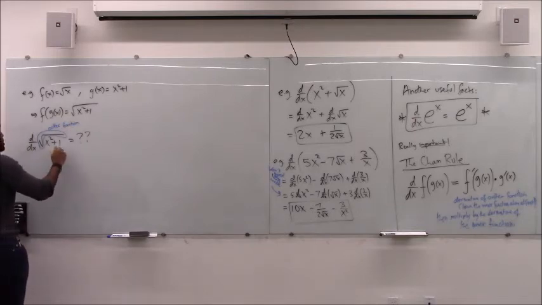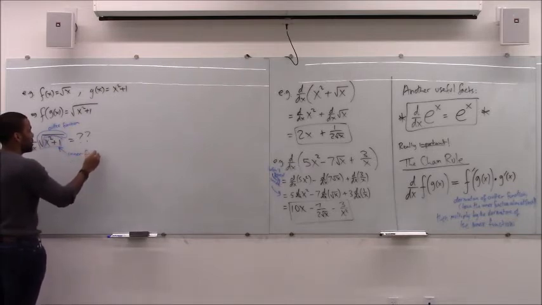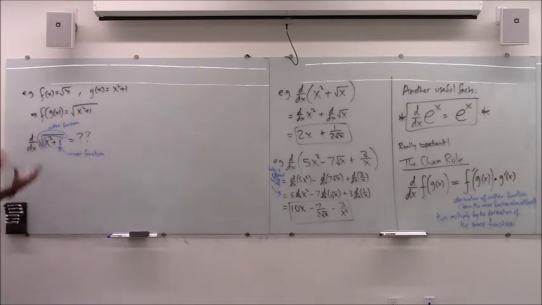And inside that square root, you have the x squared, which is the inner function. So the square root is outside encasing the x squared plus 1, right? So you're going to look at this and you're going to tell, hey, there's an inner and an outer function here. So how does the chain rule tell us to deal with this? Well,